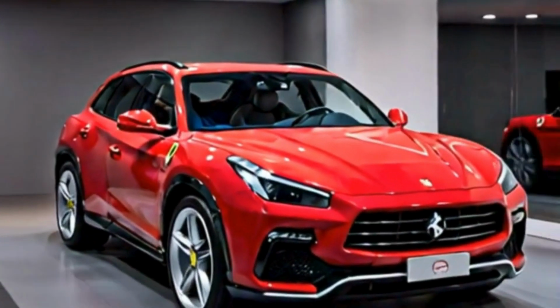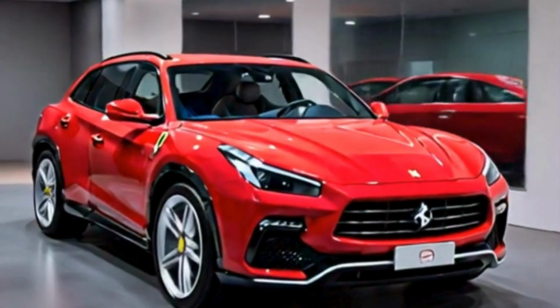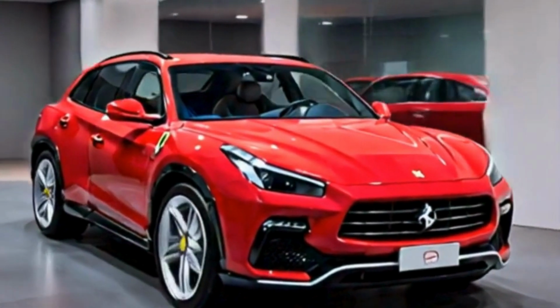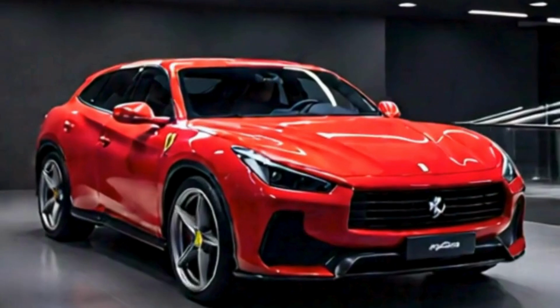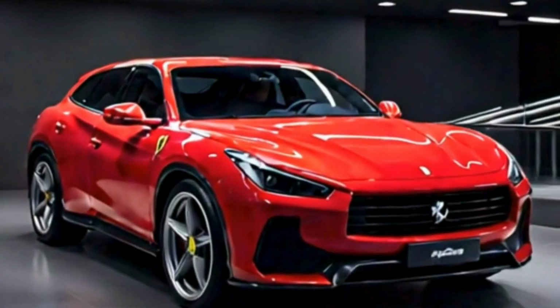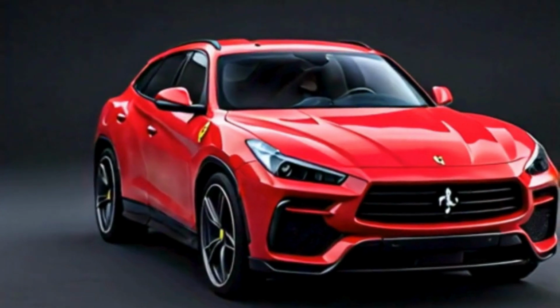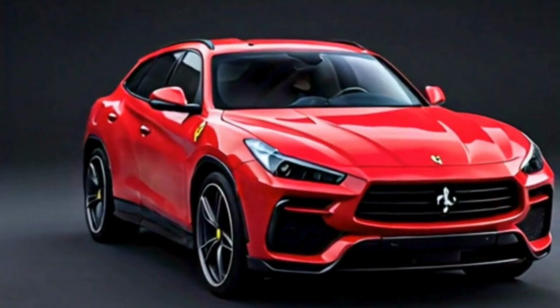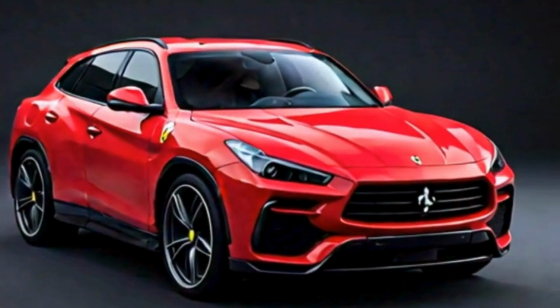Body. Exterior design. The Ferrari Purosangue is a stunning blend of Ferrari's signature design language with the practicality of an SUV. The front fascia features a sleek and aggressive design, with sharp LED headlamps integrated into the aerodynamic body lines. The long bonnet, muscular wheel arches, and sloping roofline reflect Ferrari's sports car DNA while giving the car an SUV-like